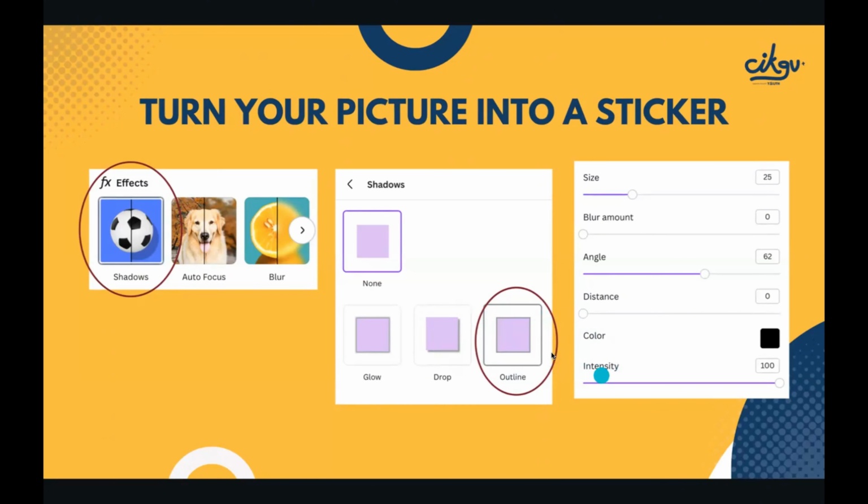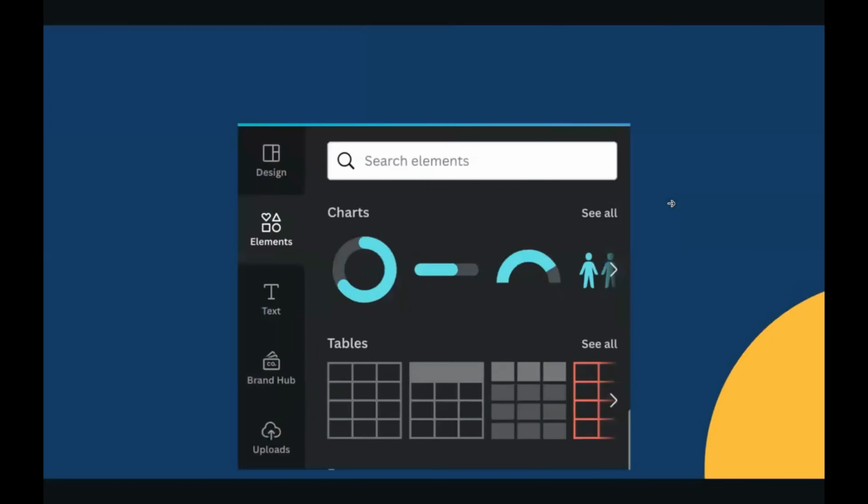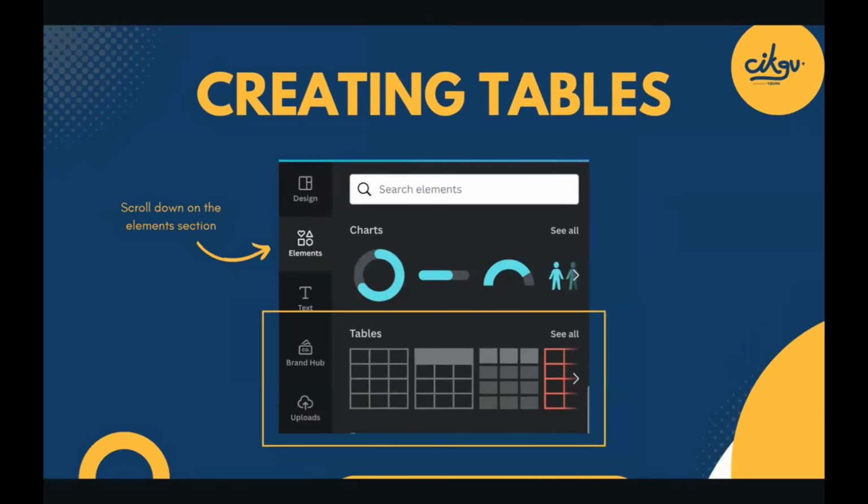Sometimes it won't have the outline choice. You need to go to glow or drop. I usually go to glow and then there are choices that you can play around with so that it becomes an outline. So if you have a previous interface and you are confused, do let me know. So now in Canva,